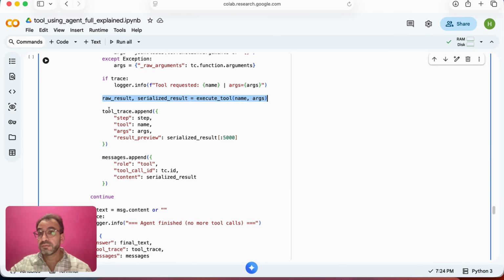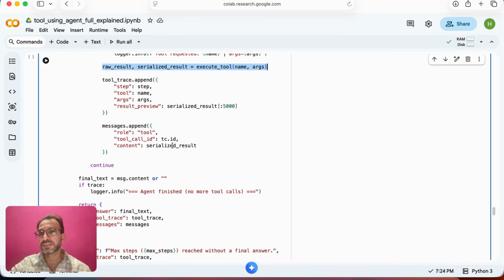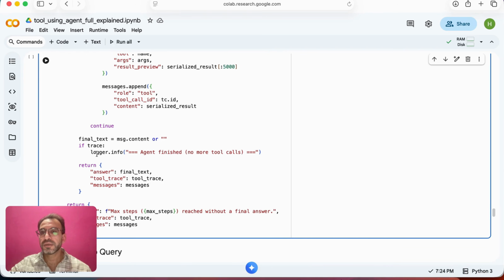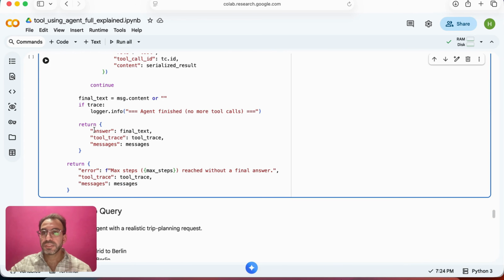And then we append to the traces again the number of steps, the tool that we have called, the arguments that we used, and some result preview with 5,000 characters. And then we append the message here to the messages, and we continue. And this will go until we have the final result. And we see here we return the final answer, tool trace, we have it here, and then the messages, and we return the error messages